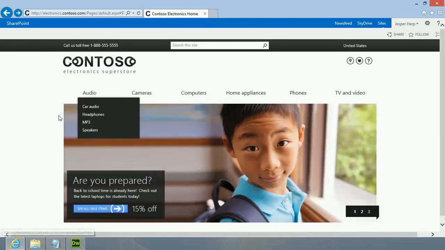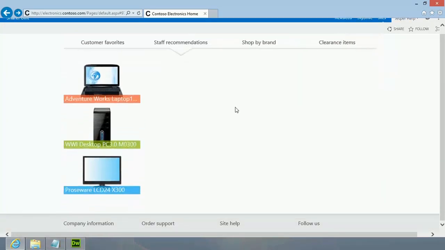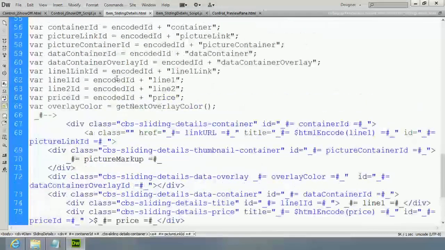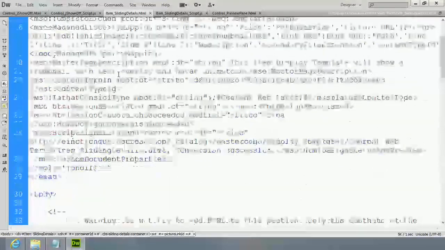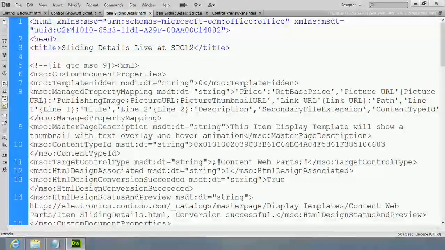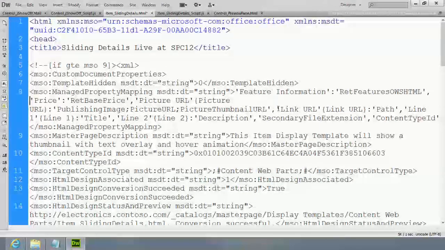I actually want to bring more of that information right onto this page here. So it's not really going to take very much for us to do that. The first thing we're going to want to do is go back to our item template. And so this is where we get into the part of bringing an item and a control template together. So if we look at our item sliding details, I want to bring the rich data in that we're going to use. So right where I updated the price earlier, I'm going to paste in another property here that's going to bring in some more information about our